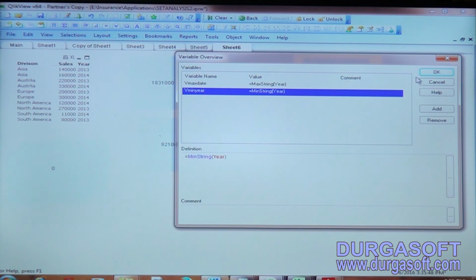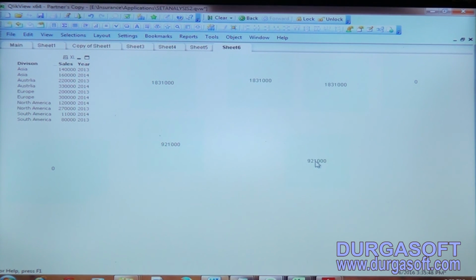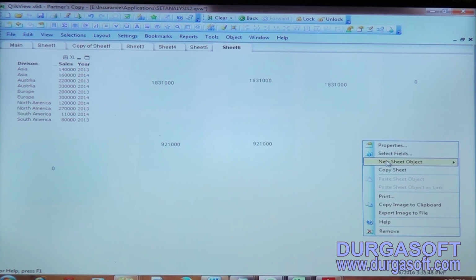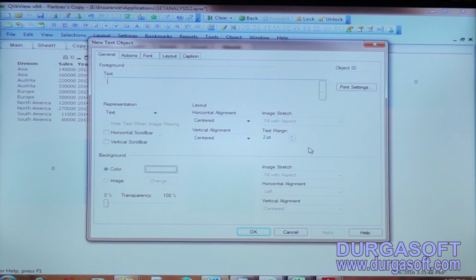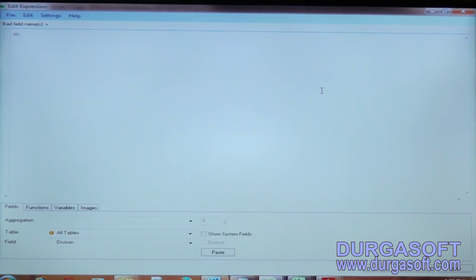Settings, variable overview. So minimum year is my another variable. If you want to pass that variable also, you can pass here. So I will show you how to pass that one. Click on text object equal to sum of year. So you must open flower bracket first, under that 1